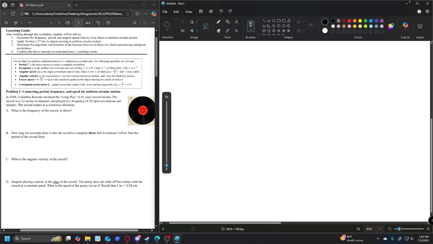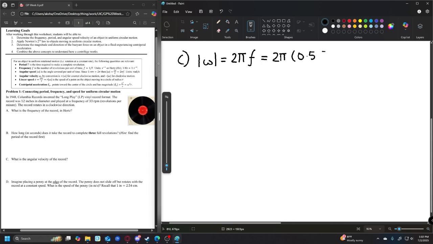Now part C is asking us to find the angular velocity of the record. So we know that from the 4th point at the top, we have the absolute value of the angular velocity as 2 pi times the frequency, which is just 2 pi times 0.55, which gives us